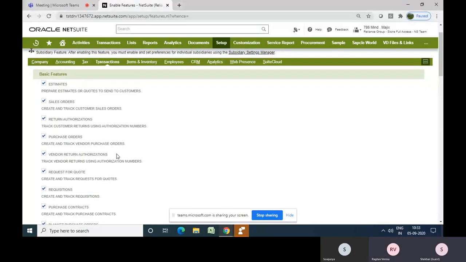Shekhar, do all these features also have additional cost? Every feature? No, it's not like that actually. It's not that much of a breakup that you'll get. Basically it costs by module like AR, AP.